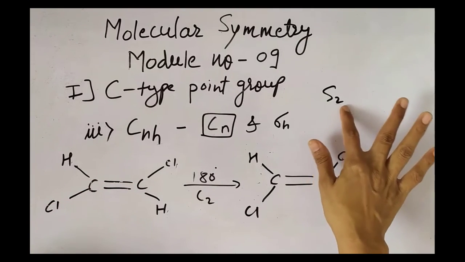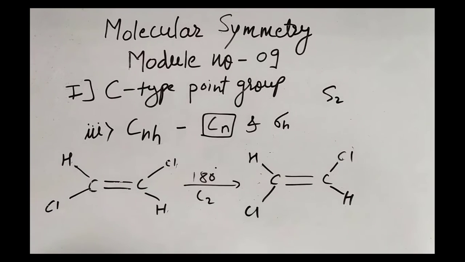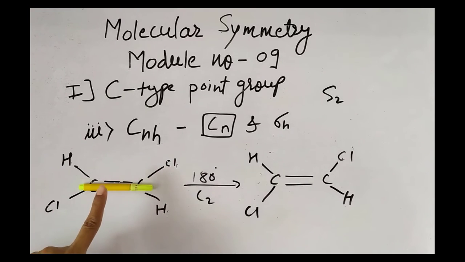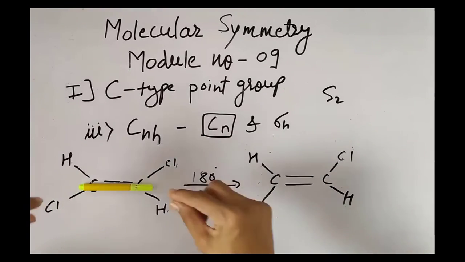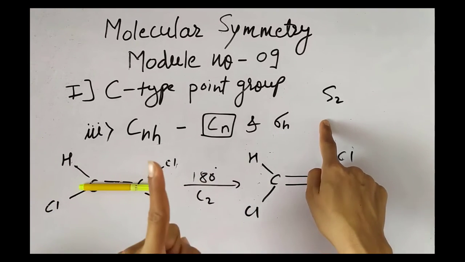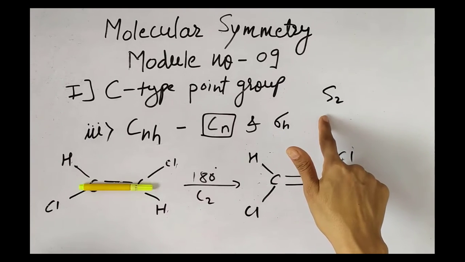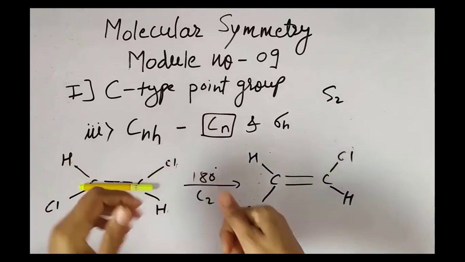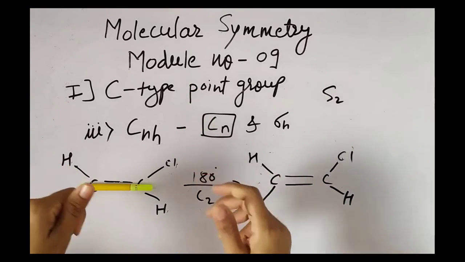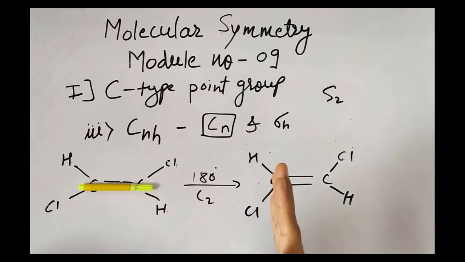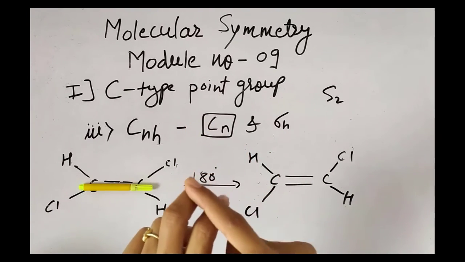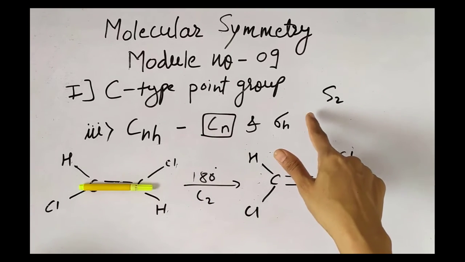But in S2 what have we done? We have passed the rotational axis like this. But don't imagine that we should get the same image after doing rotation by this. Why? Because only rotation is the half definition of S2. What is the complete definition of S2? Rotation followed by reflection. And if you are getting the same image after doing these two operations, rotation followed by reflection, then only can you say that S2 is present.